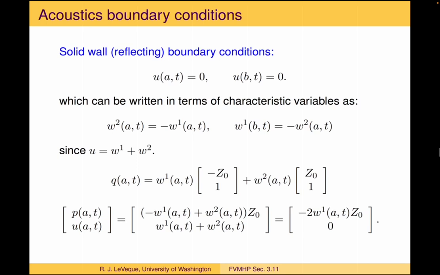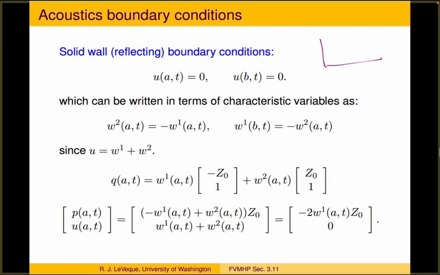Now, another boundary condition that often comes up in this sort of problem is a more physical boundary condition of a solid wall or reflecting boundary. So if we have a pipe, but the pipe has an endpoint, there's a solid wall here, then